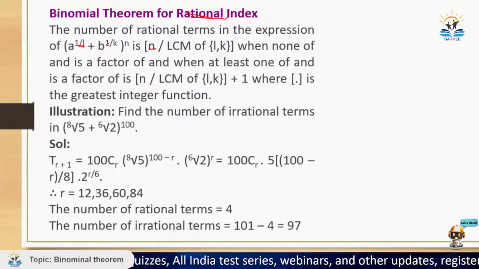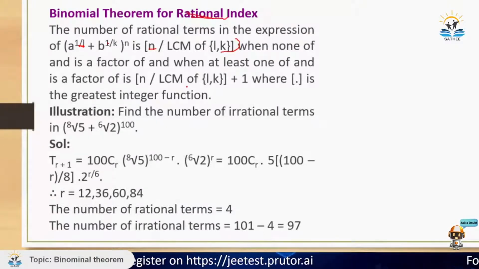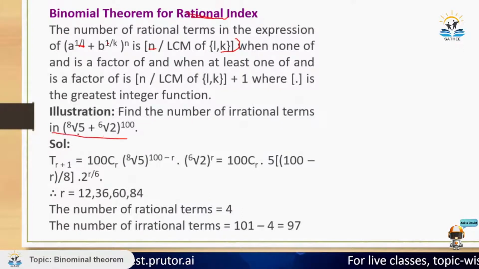Number of rational terms in the expression of this thing is n upon LCM of this thing when none of n is a factor of, and when at least one of n is a factor of this thing. Okay, just remember this thing that इसके जो number of terms होते हैं वो इतने होते हैं, यहाँ पे कुछ अलग लिखा हुआ है। Let us understand with the help of this example. Find the number of irrational terms in the expansion of this।